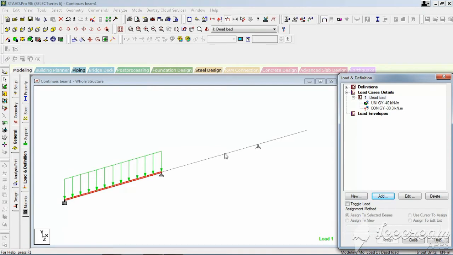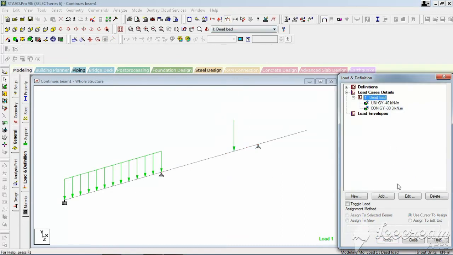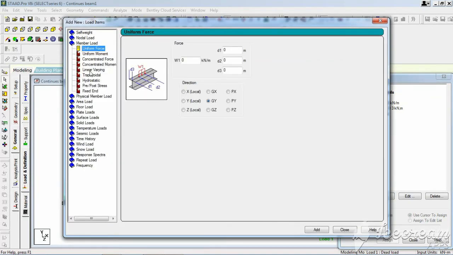Okay, select the beam, select the load, assign to selected beam, assign. Finally, apply the actual distance and add. Again go to member load and concentrated force, minus 25 kilonewton at a distance of 2 meters.